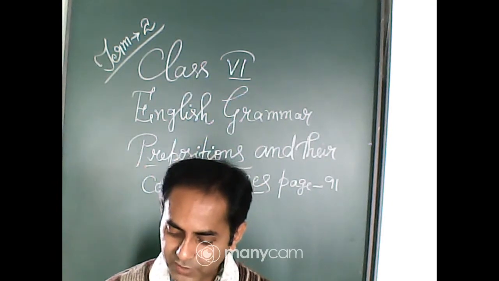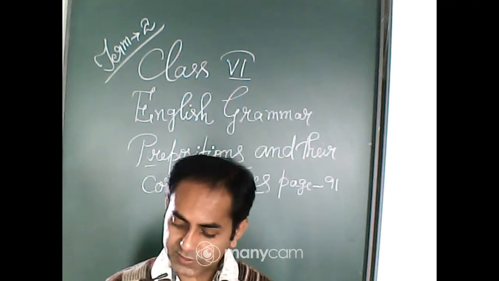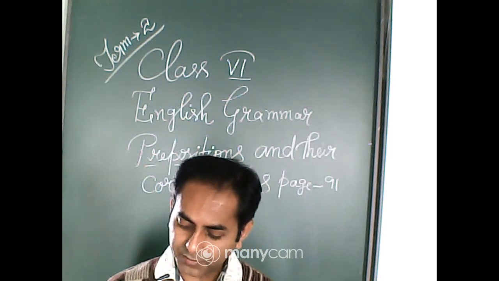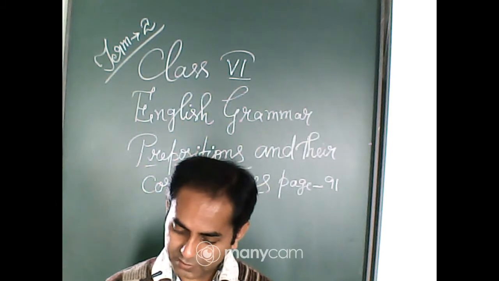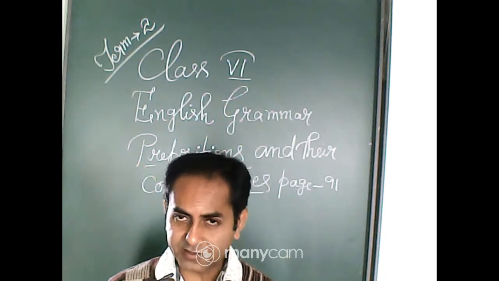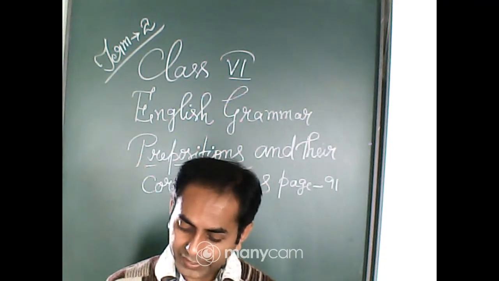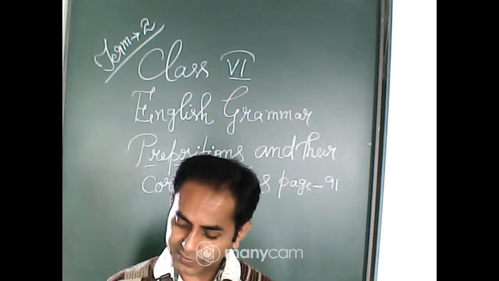So you underline this one. The noun or pronoun before which a preposition is placed is called the object of the preposition. So, in the garden: in is the preposition, the garden is the object. From him: from is the preposition, him is the object. In phrase A, the garden is the object of the preposition in, and in phrase B, him is the object